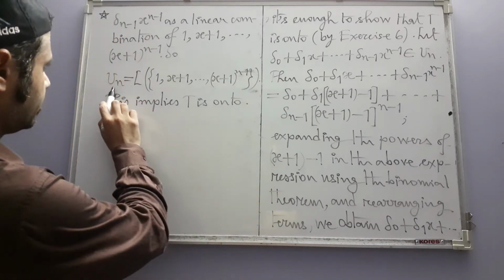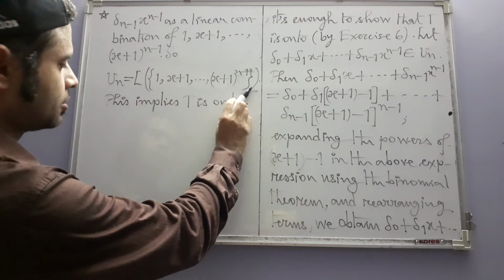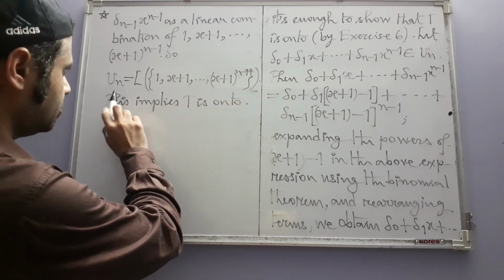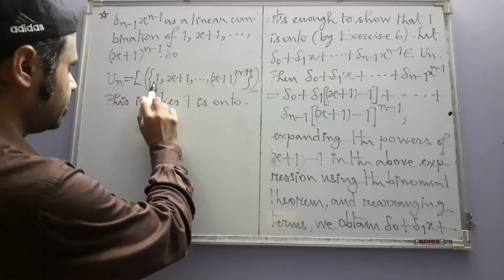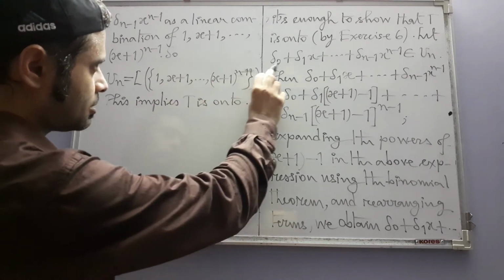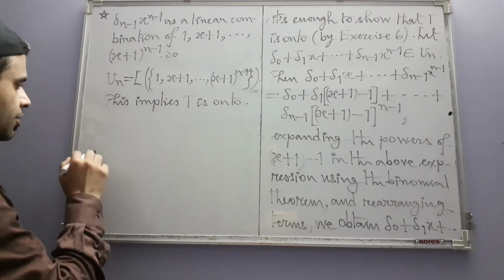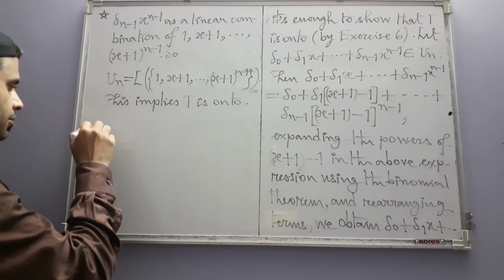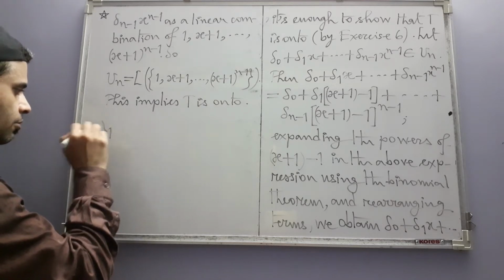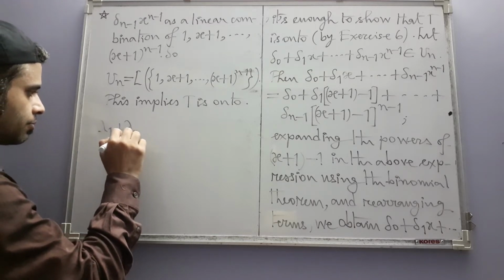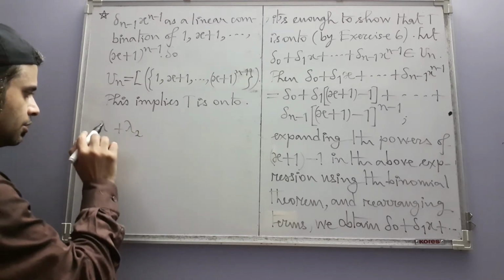We have shown here that Un looks like this. That means every element in Un is ultimately a linear combination of this. So this element, for example, in Un that we have chosen, will be some linear combination, say lambda naught plus